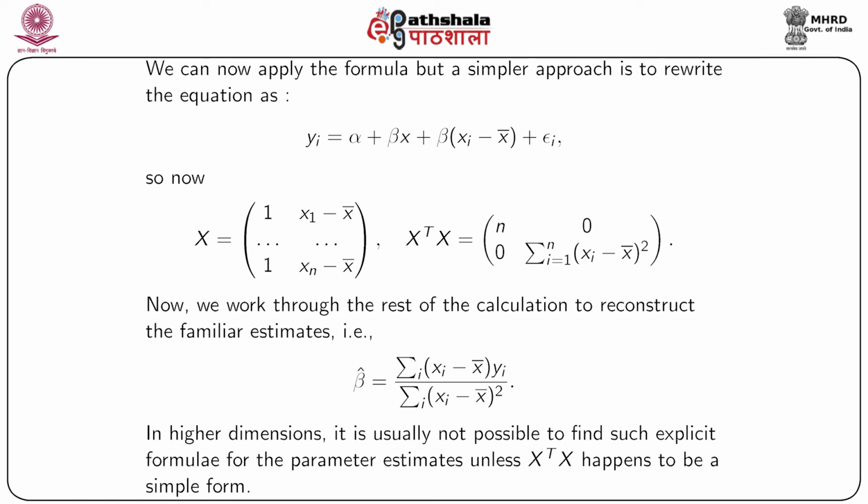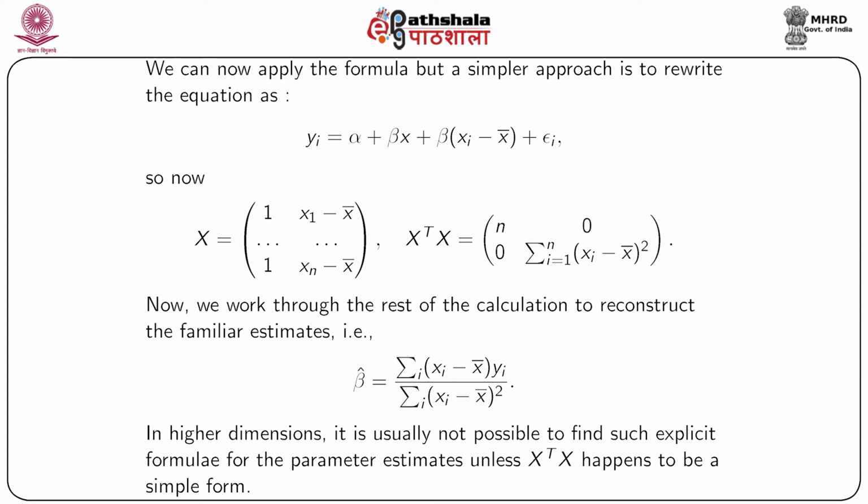So now you have the X matrix as given by the first column of 1s and the second column of xi minus x bar, starting with x1 minus x bar, x2 minus x bar, all the way up to xn minus x bar, which means X prime X equals [n 0; 0 summation i equals 1 to n (xi minus x bar) whole square]. So now we work through the rest of the calculation to reconstruct the familiar estimates, and we know